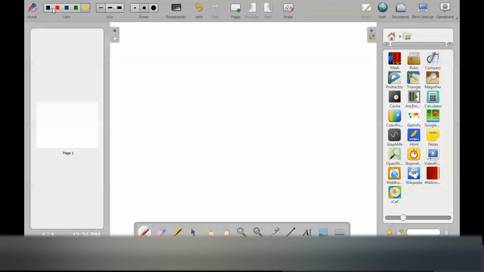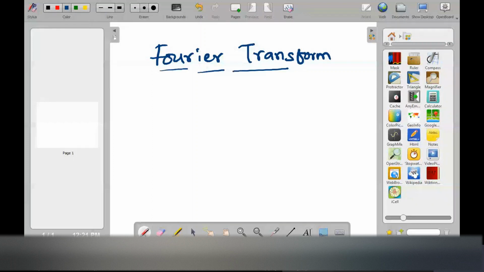So let me write. The first topic: I am going to start with the Fourier transform. I am not going into detail, but I will just do a brief version, whichever is required for our discussion. If you have a notebook, you can note down the definition of the Fourier transform, even though you know it. I want everyone to write the definition of it. The Fourier transform definition is very clear.